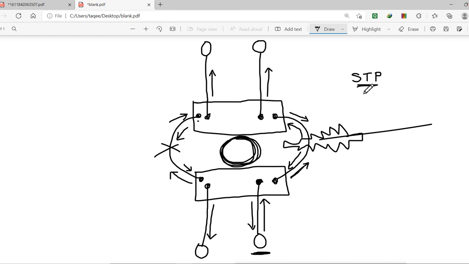By the use of the spanning tree protocol, the switches will try to avoid the loop. But this will not happen in a small network like these two switches, which we normally connect with only one link. In a big network, when we have multiple switches, we connect them with redundant links, and with redundant links this problem comes. To solve the problem, switches use the STP protocol, and they avoid the loops.